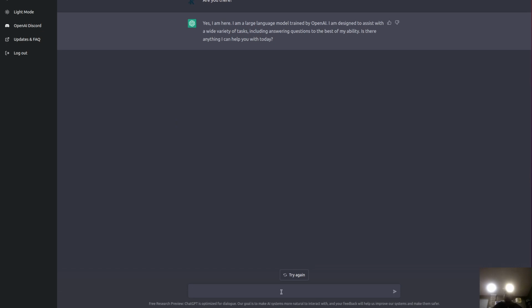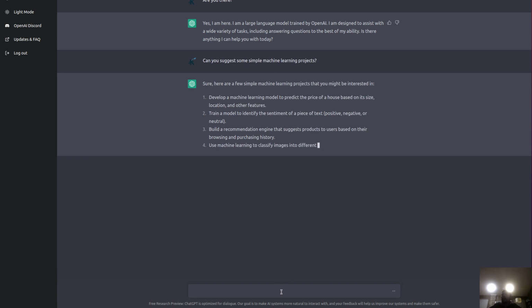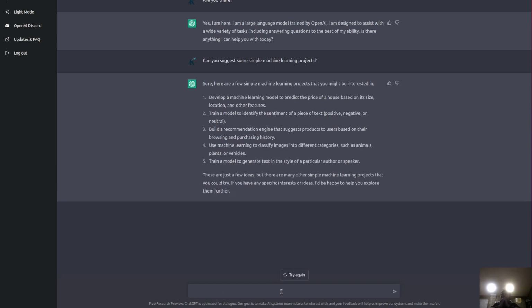Okay, so I'm just going to start and ask it if it can suggest any machine learning projects. So we'll see how it goes. And so yeah, it's making some suggestions: house price, sentiment, recommendation engine, classify images.